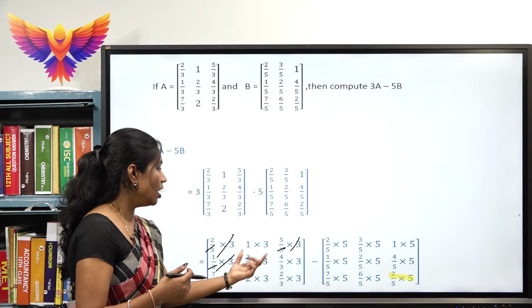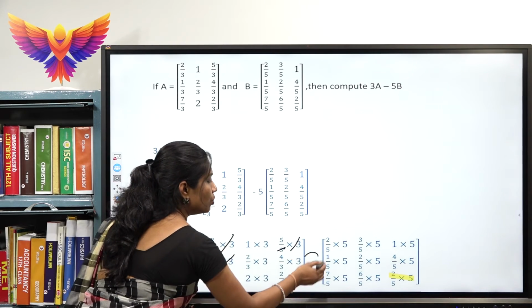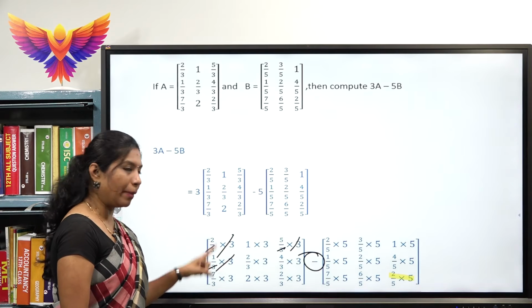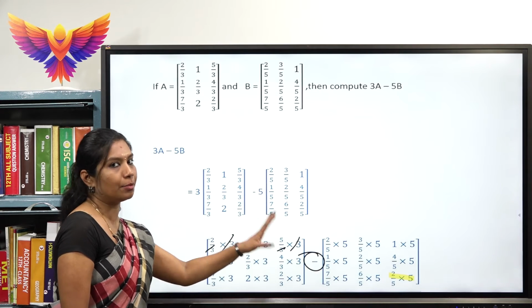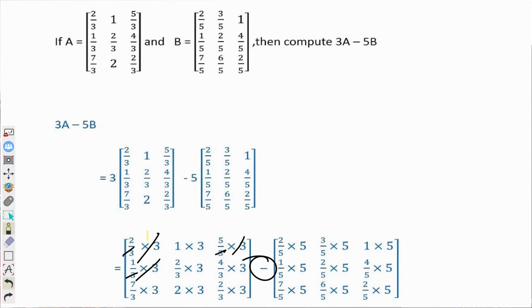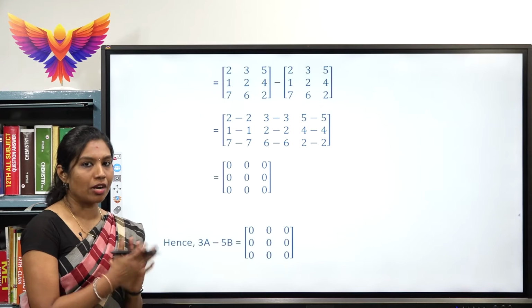Here you need to note that we are subtracting this matrix with the second matrix. When you have to subtract it, better to get rid of the fraction and then subtract it. It will be much easier for you to get a final result. We will see the continuation part of the problem here.